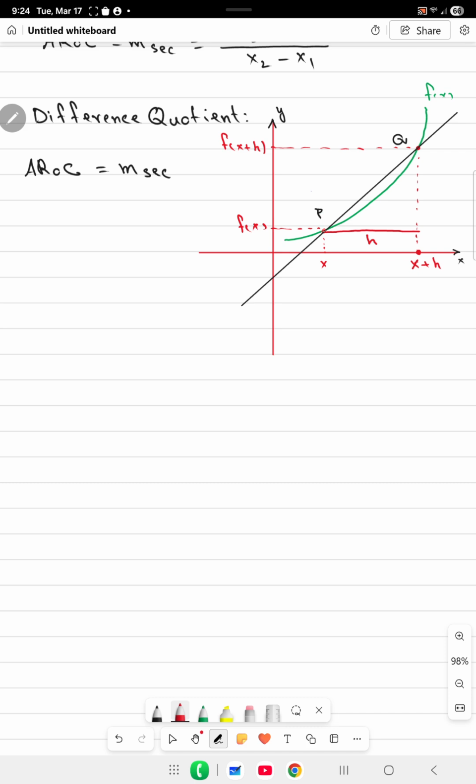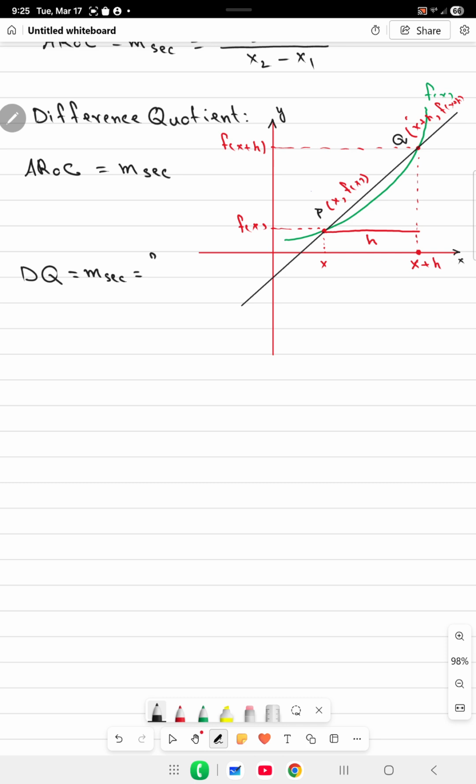It means the coordinates of P will be x, comma, f of x, and the coordinates of point Q will be x plus h, comma, f of x plus h. Let me make it smaller because I want to write there. Now, again, if I want to write the slope formula, the difference quotient, which is the slope of the secant line, will be equal to